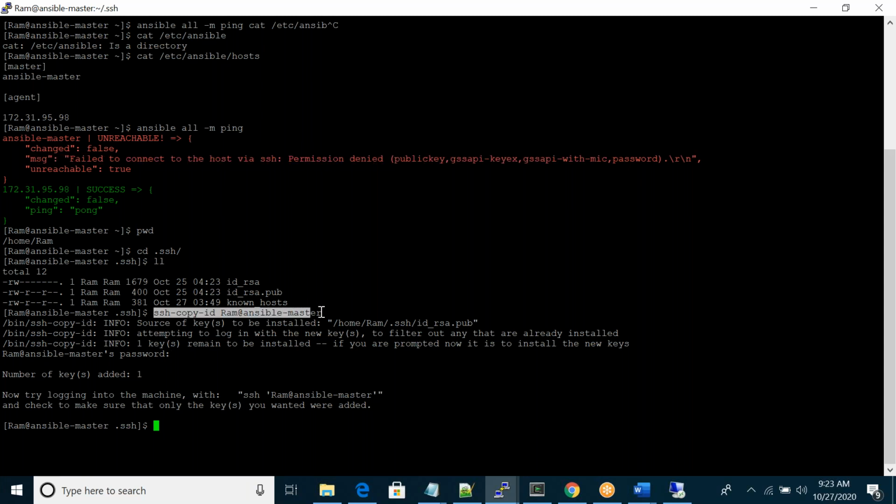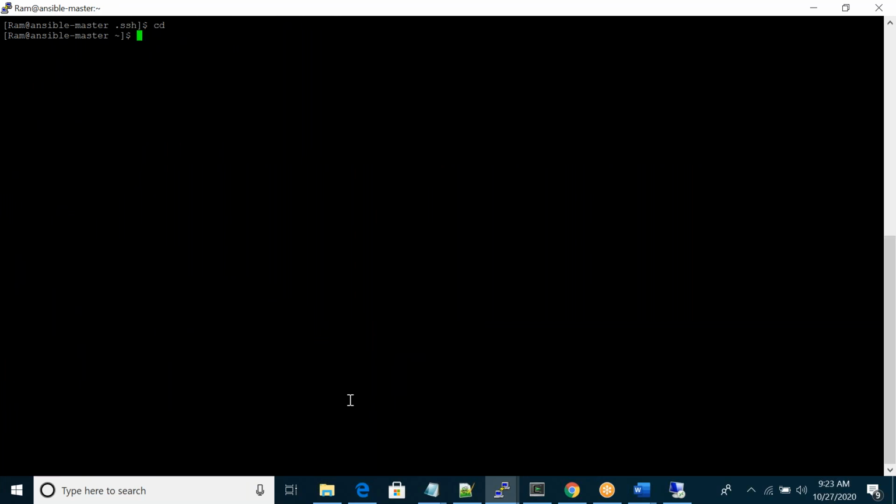So now I did self authentication for master also, like password authentication and exchanging the keys. If you run the same ping command now, it should run on both servers. You can see green color success in master and agent also. This means whatever I configured is correct, whatever we did in the last class and today is the correct configuration. If you see some error here, then there is some mistake, and we have to fix it.